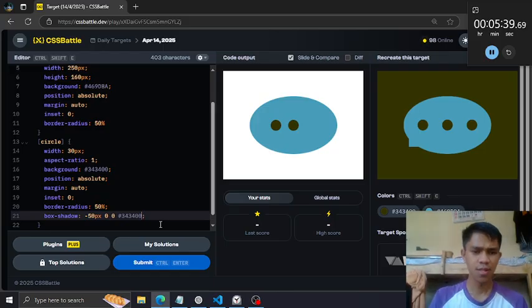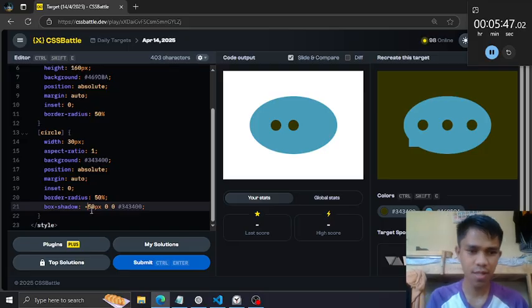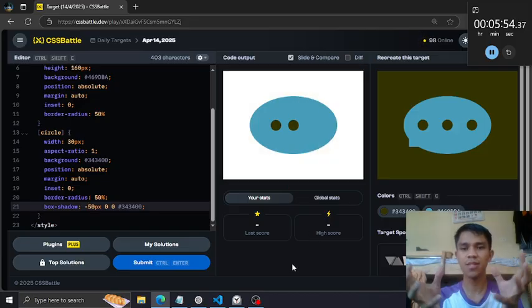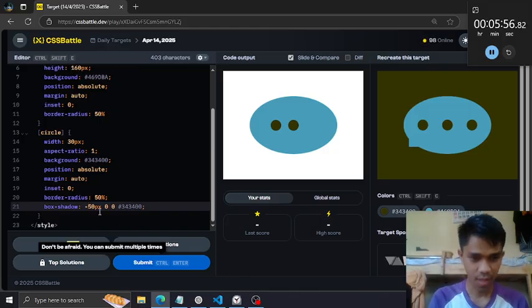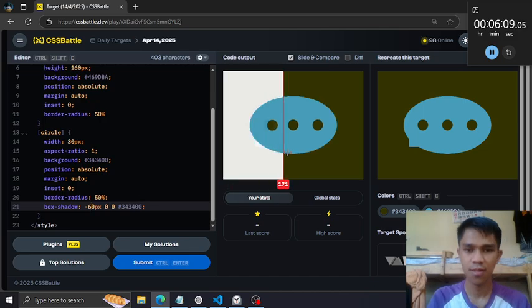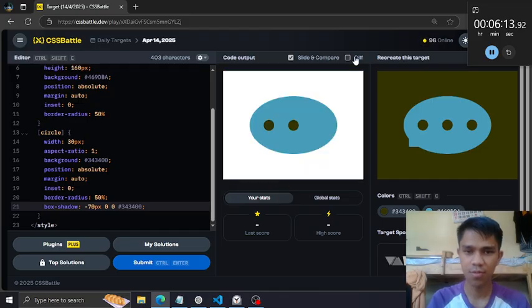This line just means that it creates a copy of the circle in the center and pushes it to the left side. We can increase or decrease the offset. Okay, 70. Yeah, that would do.